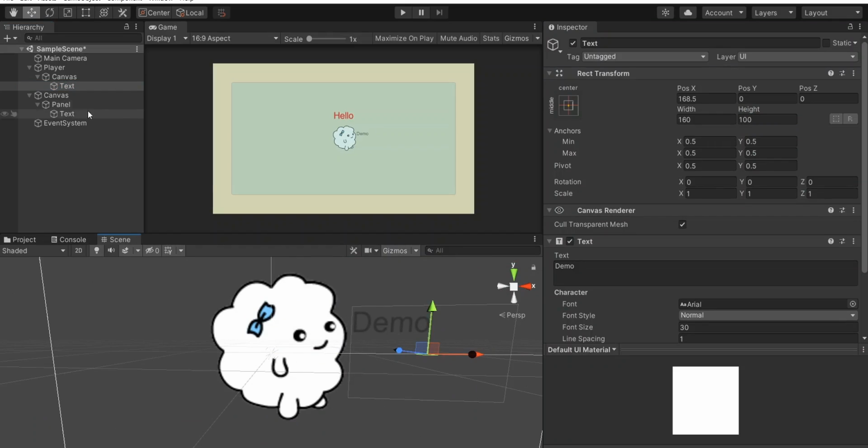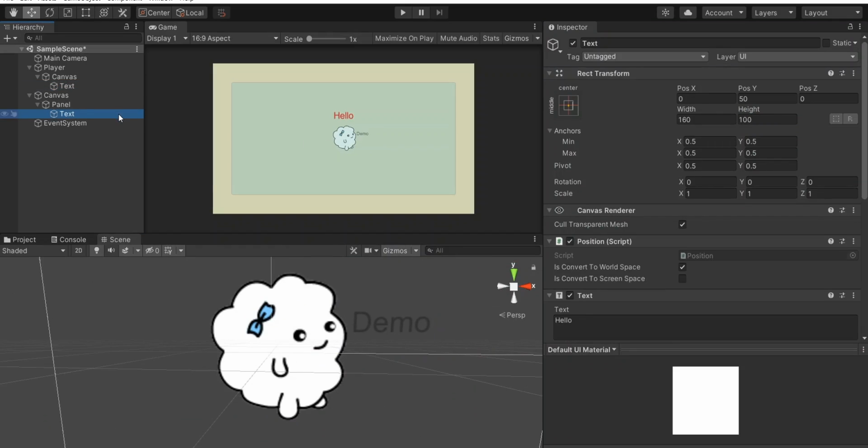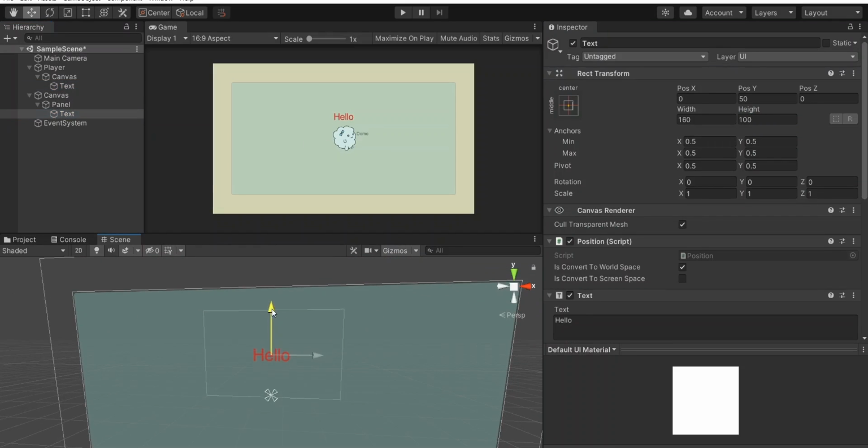Now this text exists in world space, so it can be covered by any object in screen space.